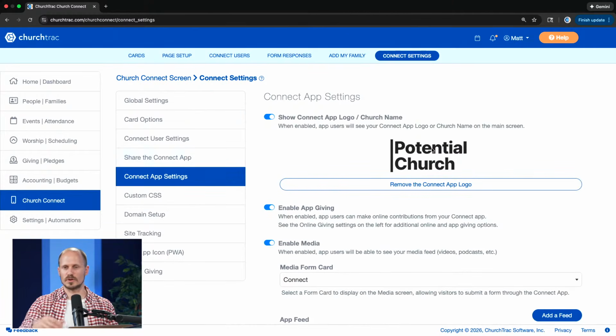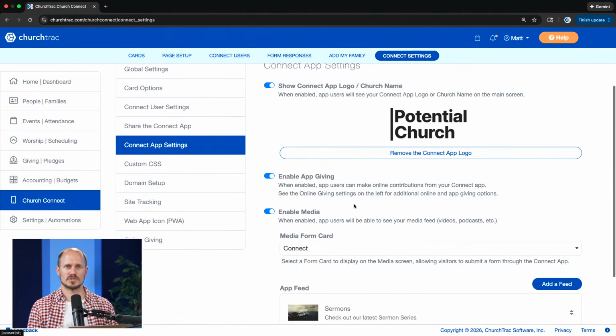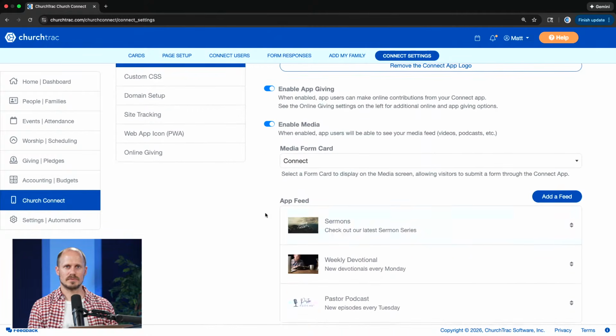This is where you can upload your logo and add it to the top of the app screen just to make that look really professional. But there's also a toggle switch to enable media. What that does is it opens up the option to add different content or different feeds to the media page in Church Connect. The reason why our developers created this particular corner of the app is they wanted you to